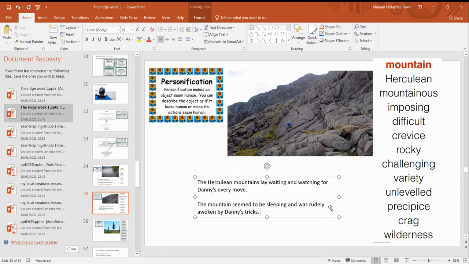Have a go at writing your own piece of personification using the mountain. What could the mountain be doing? Perhaps it's laying, waiting, and watching. Perhaps it's sleeping. Perhaps it's worried for Danny as he does his tricks on the rocks. So write your own piece of personification about this picture.